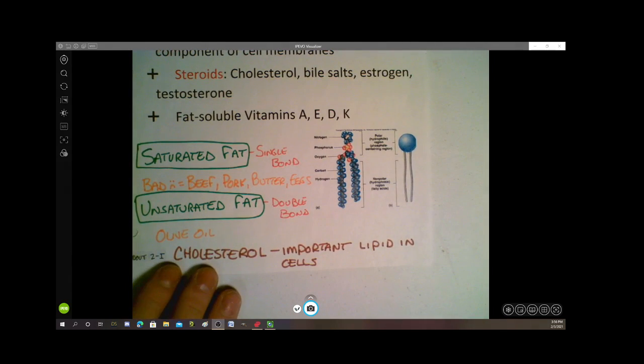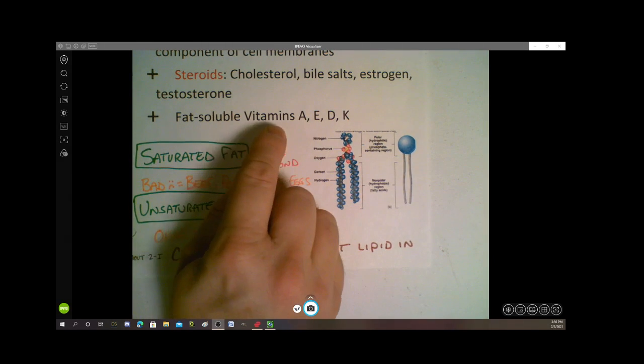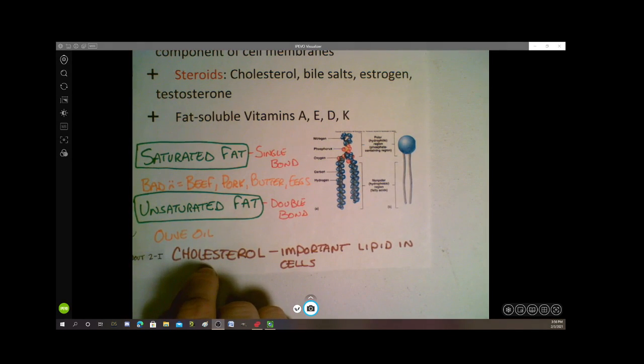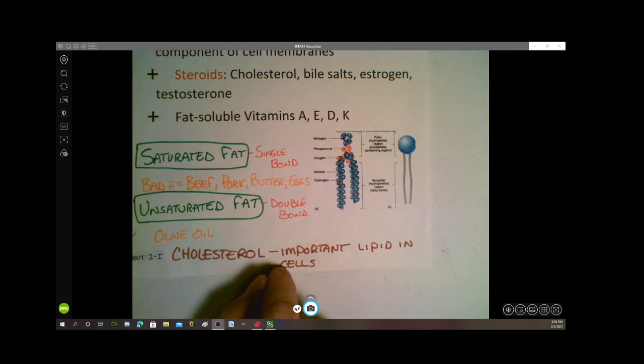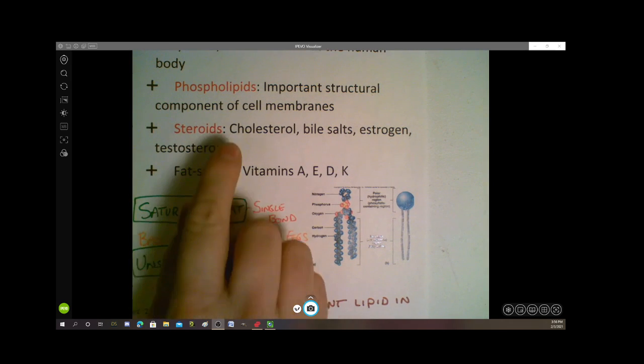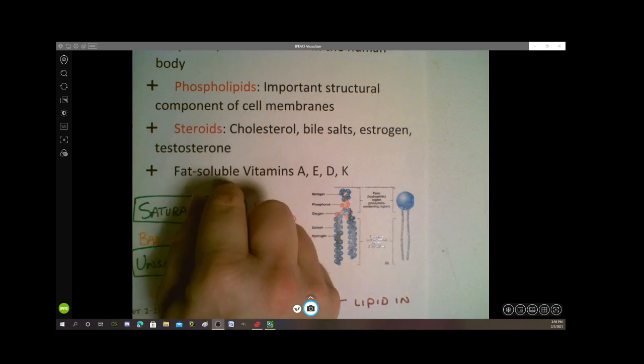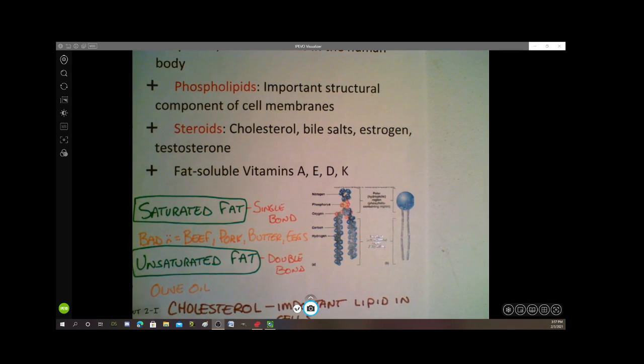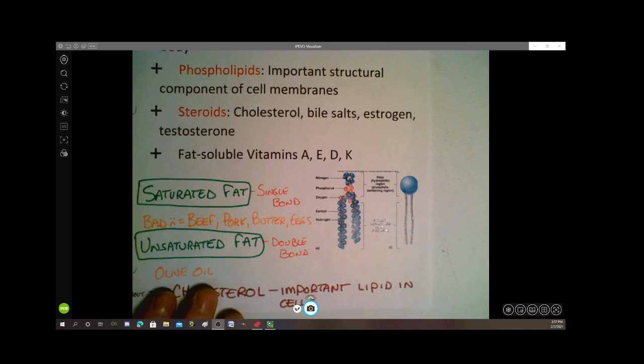And then here, just to elaborate a little more on cholesterol. We're going to talk about cholesterol in chapter 3, but cholesterol is also going to make up part of our cell membrane along with phospholipids. And it is still part of this test. We'll talk about chapter 3 next week, so it's a good thing to just have in your bank as we go into chapter 3.